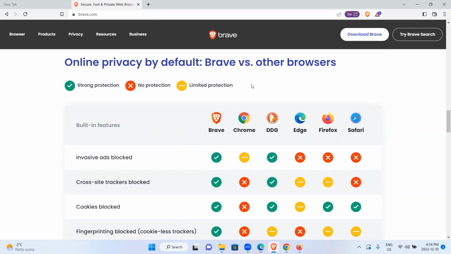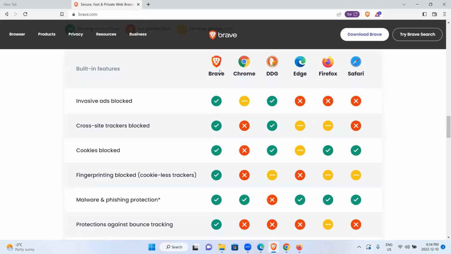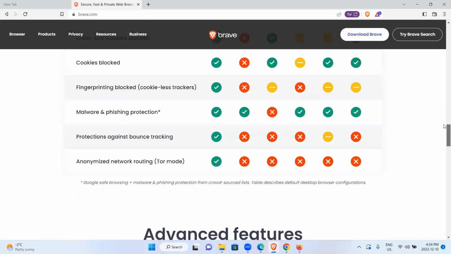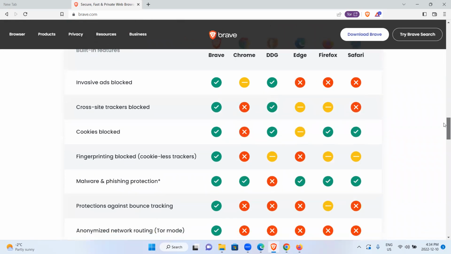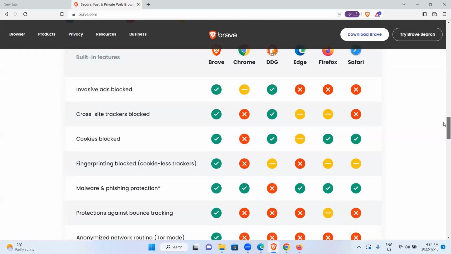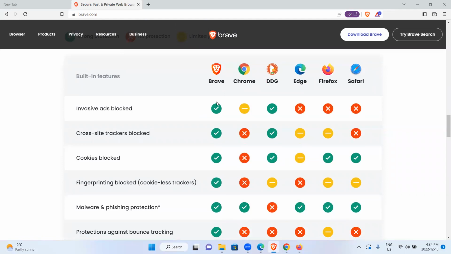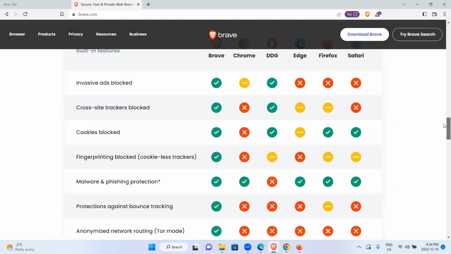A green check mark says strong protection, X means no protection, and then this dash with a yellow logo means limited protection. So over here, you can see that it compares Brave. Over here, it talks about invasive ads block, cross-site trackers block, cookies block, fingerprinting block, malware and phishing protection, protection against bounce tracking, and then anonymized network routing. So basically, as you can see, Brave has a check mark for all of those things,